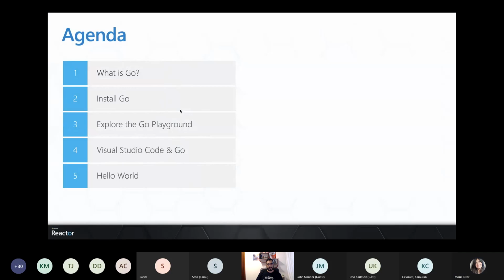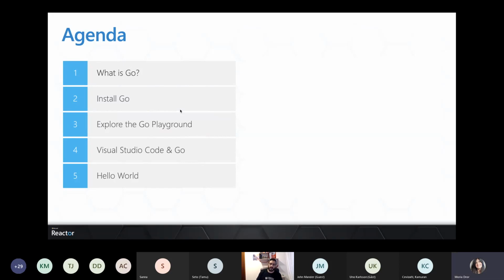So the agenda for today is that we're gonna be discussing what is Go, a little bit of history of Go, why Go is different from other programming languages and things like that. Then we're gonna jump in. I'm actually going to take the risk, so to speak, to install Go on this new fresh computer.